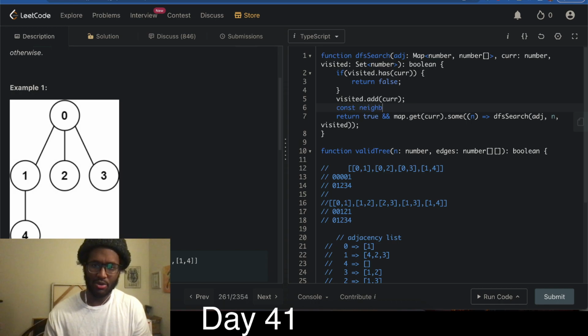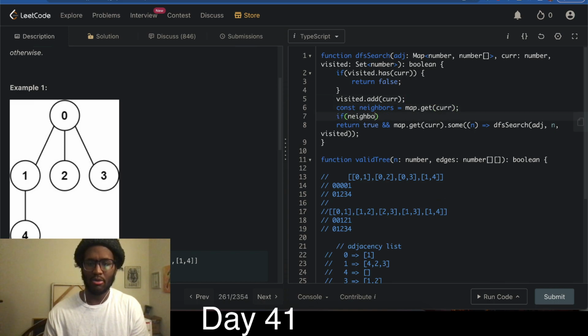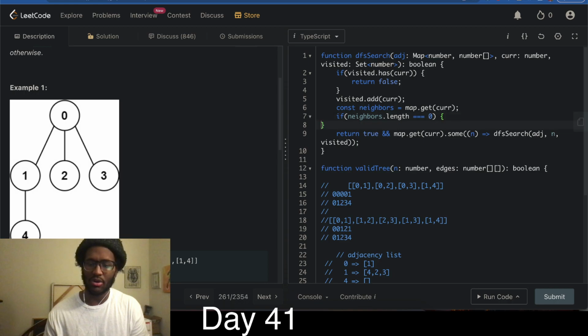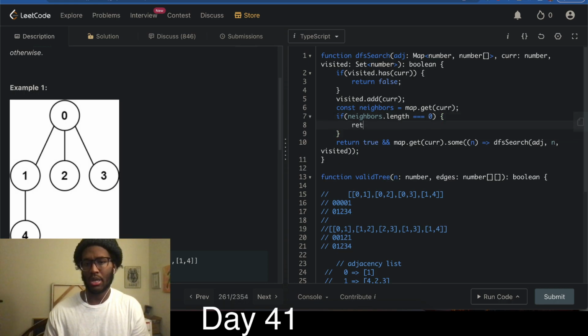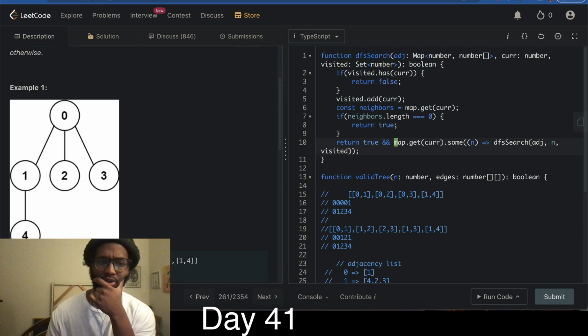So if we get the neighbors, it's map.get of cur, and if neighbors.length equals 0, so if we have no neighbors, then we'll just return true. So when we get to 4, we'll have no neighbors, return true, go back up to 1. Our sum will be true and true, go back up to 0, will be good so far, and then we want to visit 2. 2 is not in the set, so we add it. But its neighbors is equal to 0, so we return true, then we visit 3. And so sum does at least